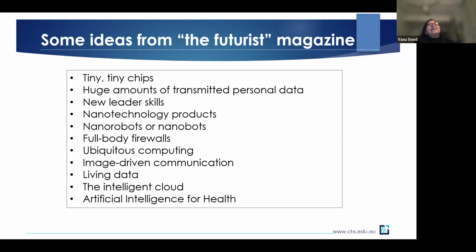We don't finish our futuristic magazine here. We say we have more. We have artificial intelligence. We have more new ideas, or some ideas are already getting utilized in our next slide. For example, we have telehealth, we have home health, we have e-patient, which we covered in our previous module. We have social media. We have many technological tools available. We have my health record. We have mobile health, etc. So we have many trends which are happening, and we can also think how we can improve or how we can expand them in the future.